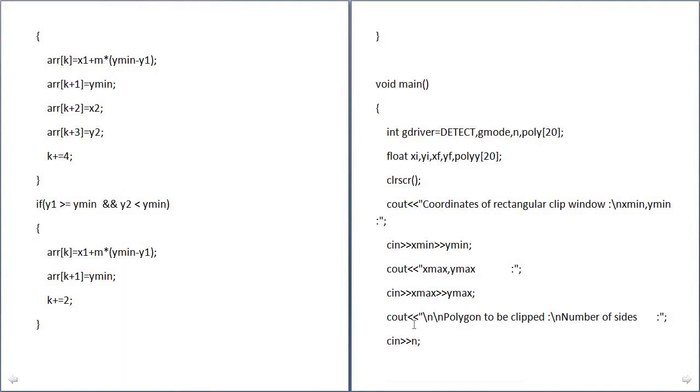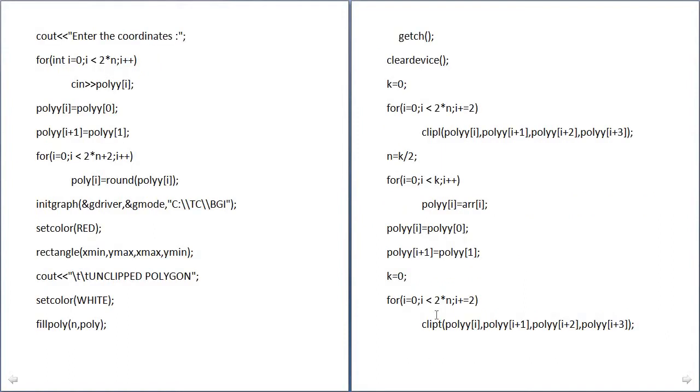After that we enter the number of sides of the polygon to be clipped.